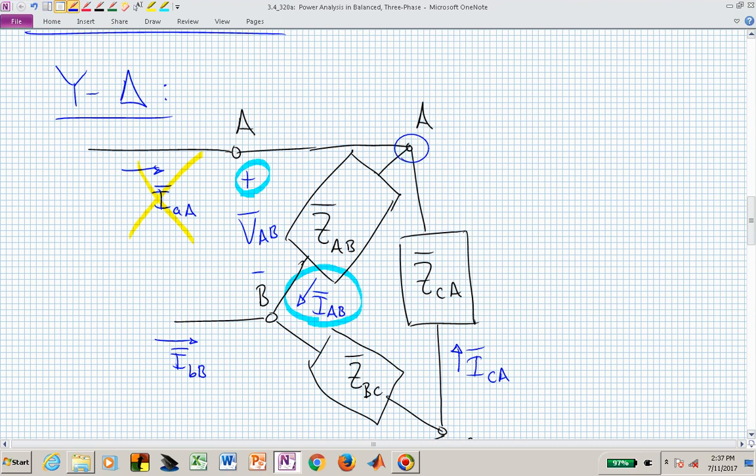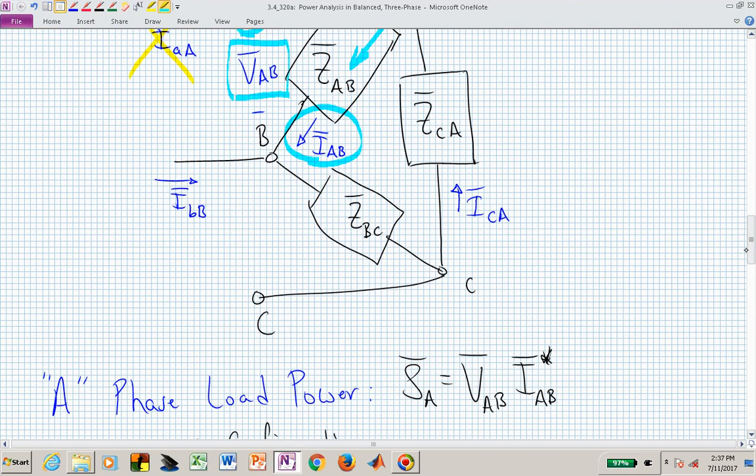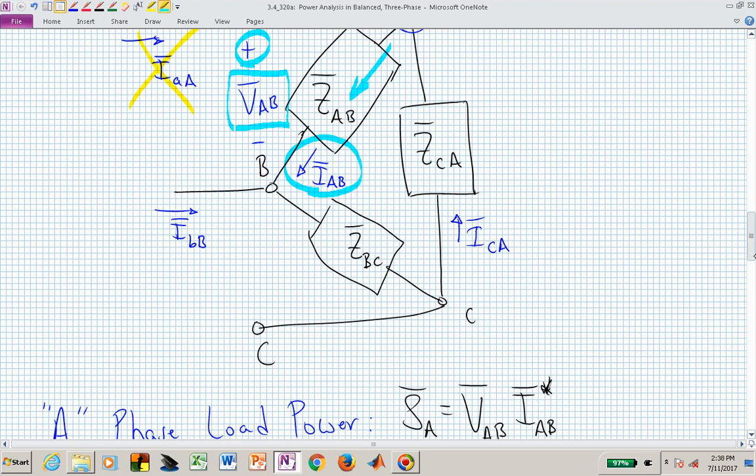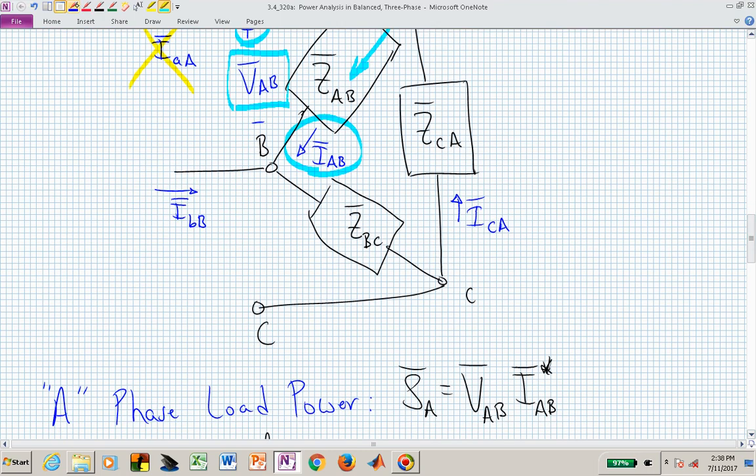the phase current. And in this case, the phase voltage is this line-to-line voltage because it's a delta connected load, and our phase current is the current that's passing through that particular A phase impedance. So in our case, we now have the A phase load power is V sub AB phasor times I sub AB phasor. And this is now the A phase